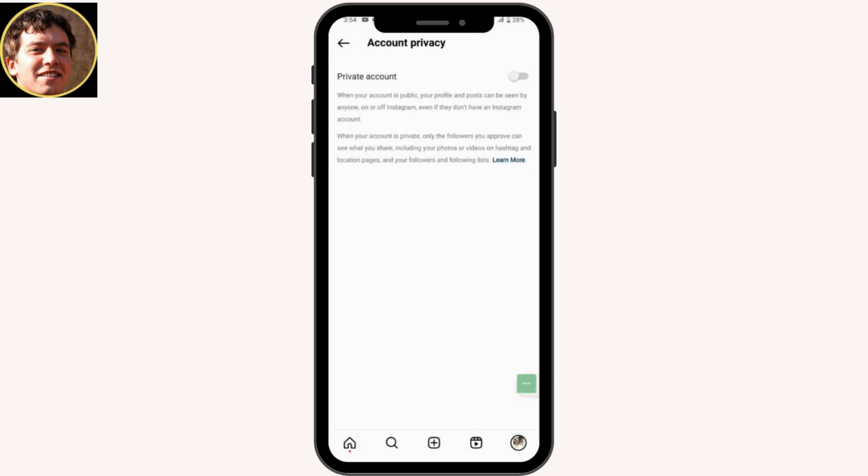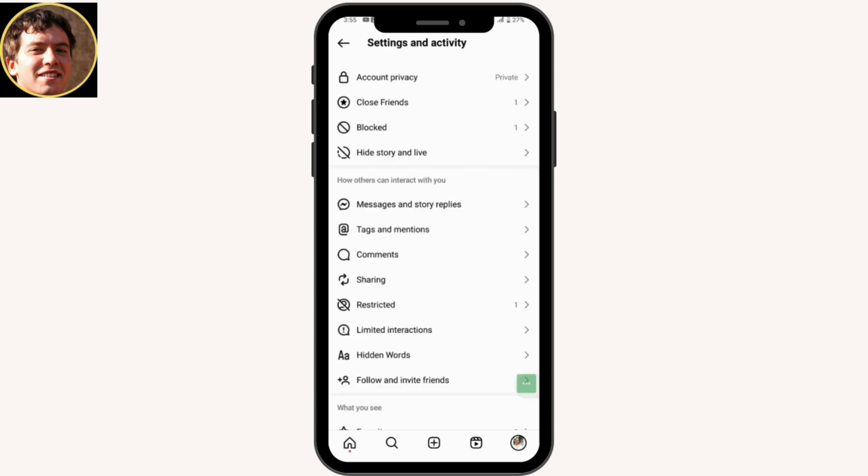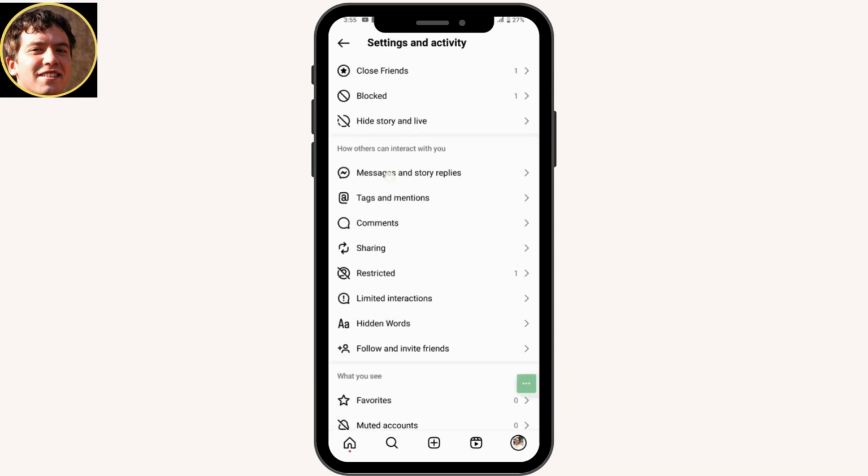Tap on switch to public, and once you switch your account to a public account, then everyone can message your account. So if you have a private account, then many of them won't have an option to message you. Once you've done that, now go back and you can scroll down, and here you will have messages and story